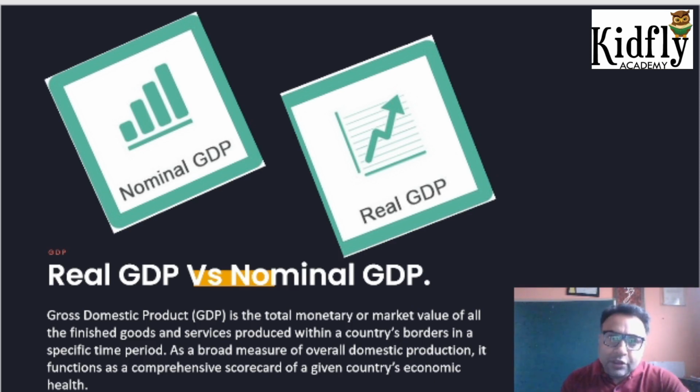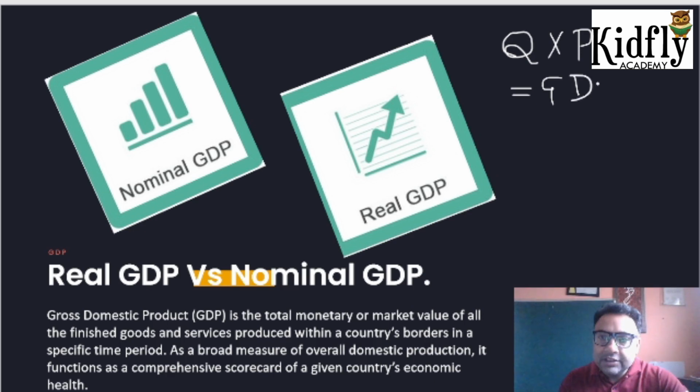So I hope you got the point. It includes two important factors. One is the overall production. So here we are calculating the quantity of that production that we are generating in the domestic territory and multiplying it by the price of these goods. So when we are multiplying the quantity into price, it gives us the value of GDP,